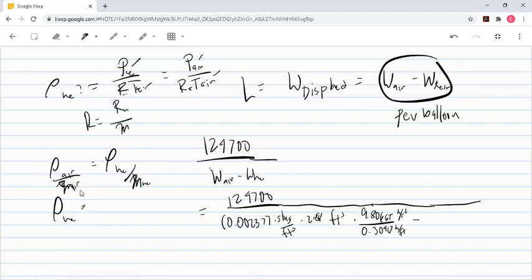This is M. So density helium is equal to density air times molar mass air over molar mass helium. So we simply put that here,